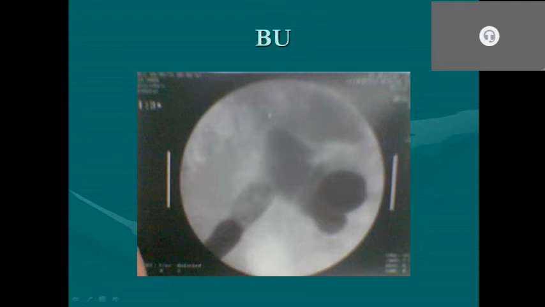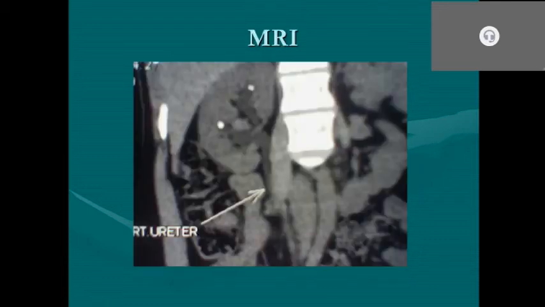The next investigation we perform is the bulb ureterogram, where through cystoscopy we put a catheter into the ureteric orifices, into the ureter, and then we inject contrast to see if any abnormal pathology is there. As you can see, contrast is traveling into the ureter, and then there is an area where contrast is non-opacified, and then again you can see the opacified pelvicalyceal system. So that is a filling defect, which will be a foreign body, most likely a stone.